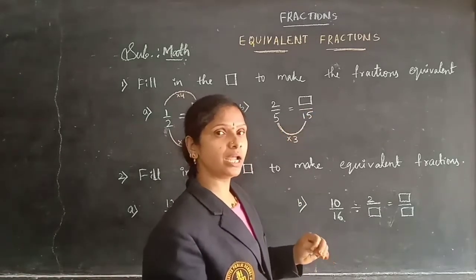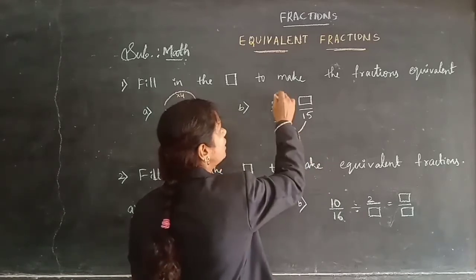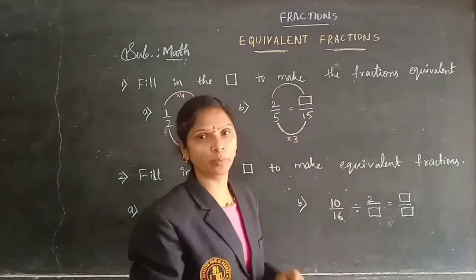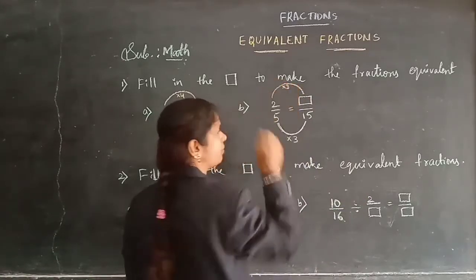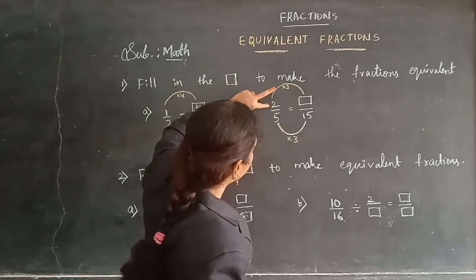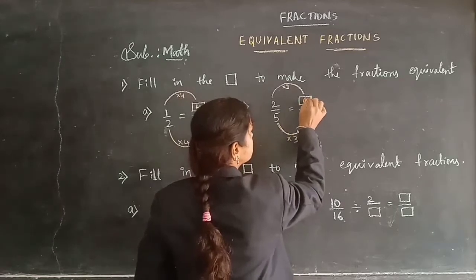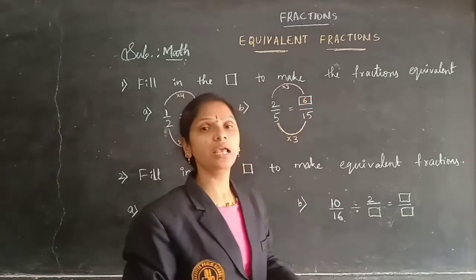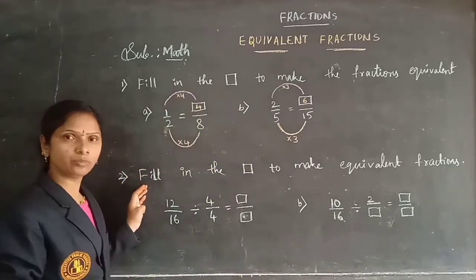And in the previous one only I told you, whatever you are multiplying with the denominator, with the numerator also you need to multiply to get the equivalent numerator. So here multiplied by 3 means here also multiply by 3. Means this numerator 2 into 3, 2 3s are 6 children. Means this 2 by 5 and 6 by 15 are equivalent fractions. Okay. Now check this. Come to this problem.